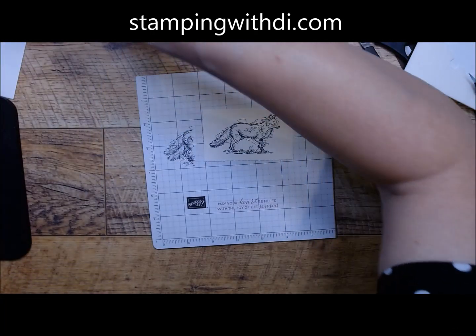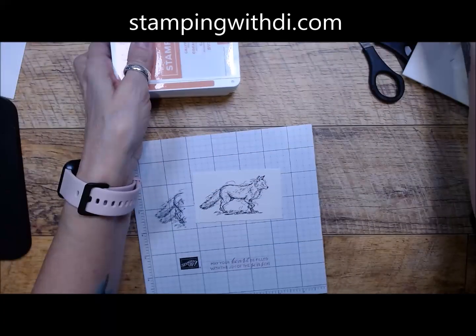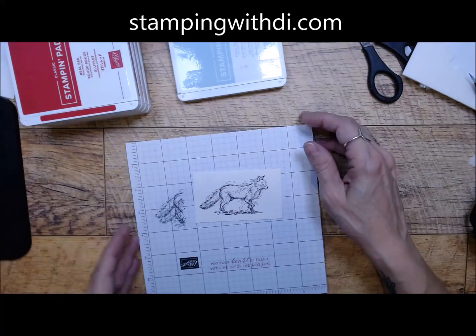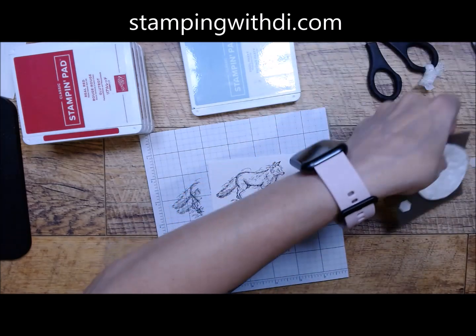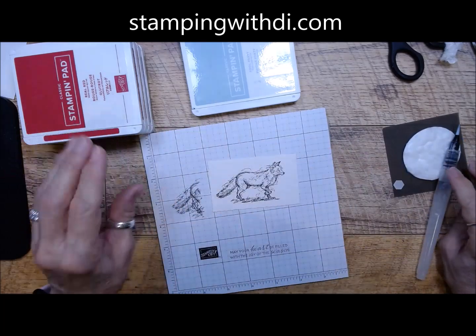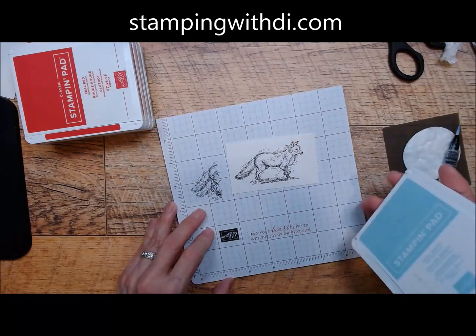All right, so let's see here. So I have a bunch of ink pads out. So we're going to add a little bit of color to our fox that we didn't do before. So we're going to give him a little more life, because that Boughs of Holly DSP is so beautiful that I just want to make the fox, you know, be beautiful